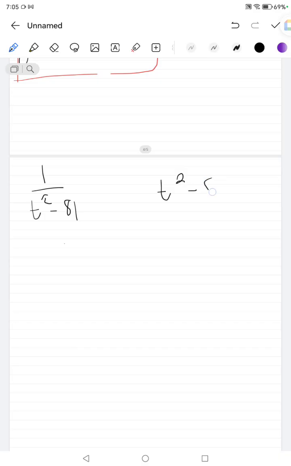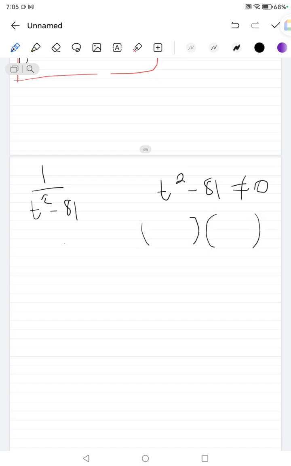Hence t squared minus 81 should not be equal to 0. So that's that. Then we have to look for the factors of 81, that's 9 and 9. And we know that we have minus 81, it means minus 9 and plus 9. You have t minus 9, then we have t